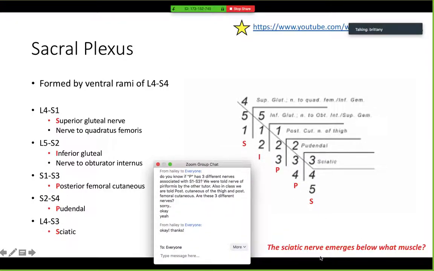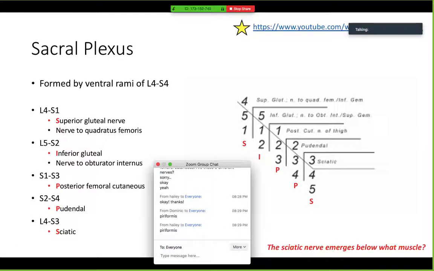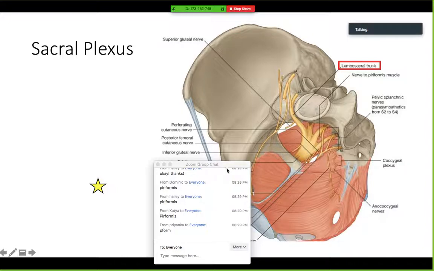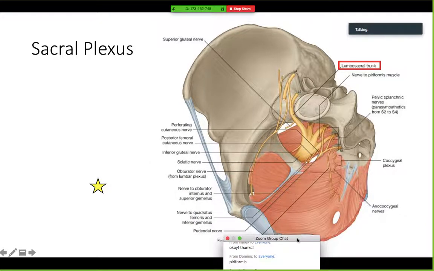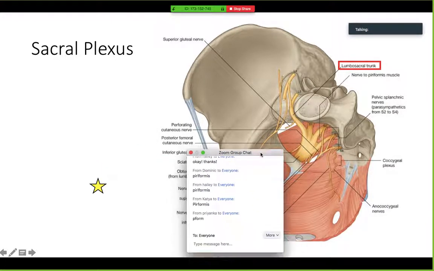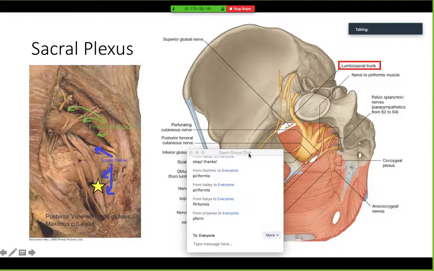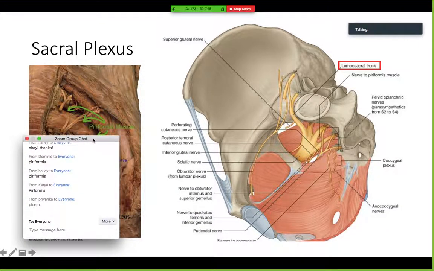Okay. So the sciatic nerve emerges below what muscle? Right, the piriformis. Okay. So I threw this slide in here just to make sure that you know what that mnemonic is referring to. So here, right here is your sacral plexus,